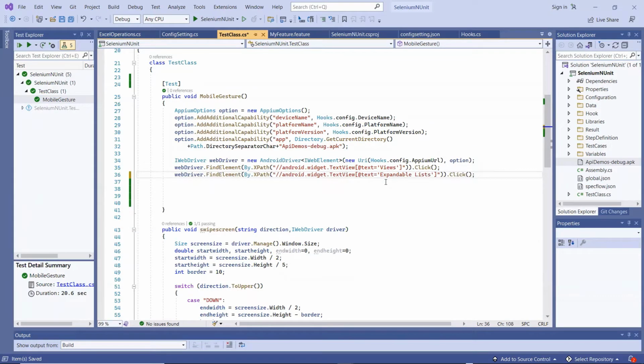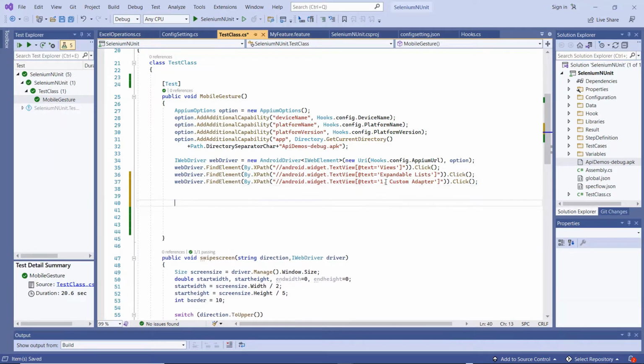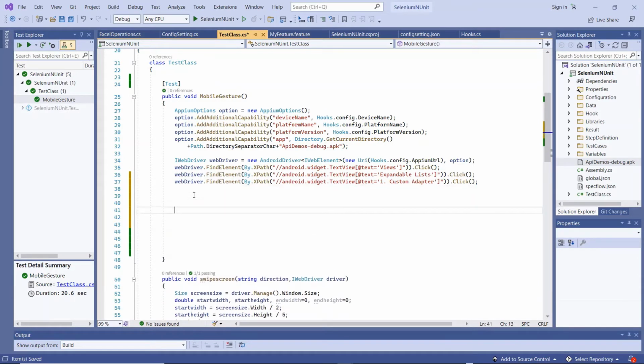After that, we need to click on custom adapter, so I'm adding a click operation for that as well. Now I'm going to write the code to perform the tap and long press operation under the try catch block to catch any exception if occurred during any mobile gestures.